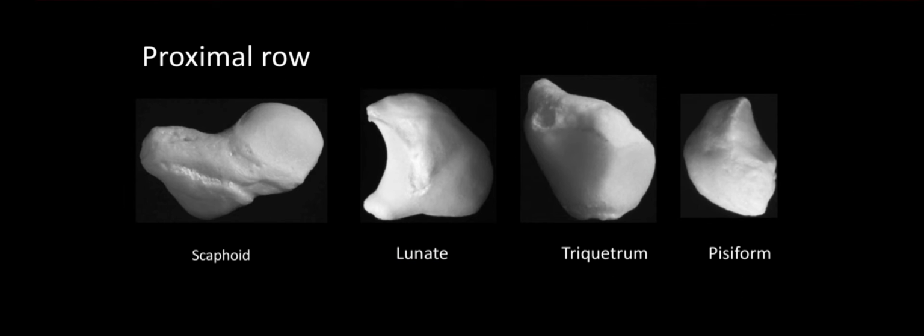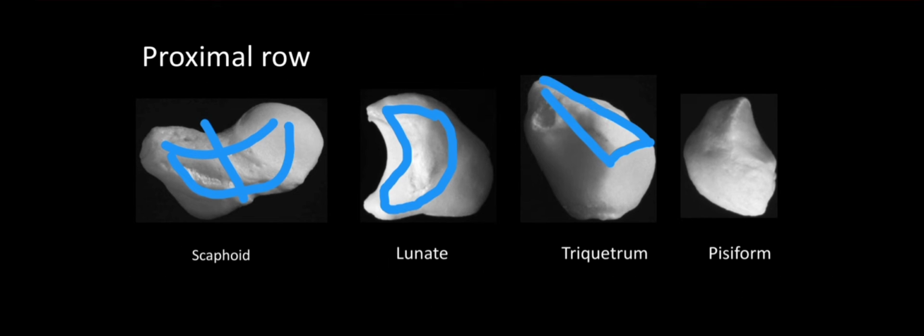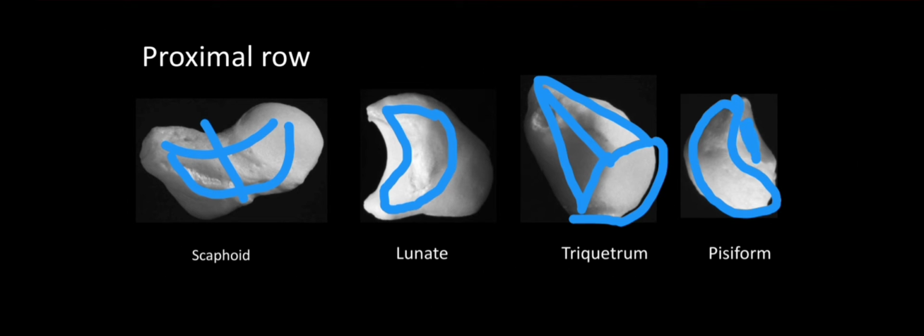Each carpal bone can be easily identified with the help of their shape. The scaphoid is boat shaped and it has a constricted neck in the middle. The lunate is moon shaped or crescentic shaped, and the triquetral is a pyramidal shaped bone. Here you can see the pyramidal shaped triquetral, and it has an articular facet for the pisiform on the ventral aspect. On the other side you can see it, and next the P shaped pisiform. Here you can see the articular facet for the triquetrum on the pisiform.